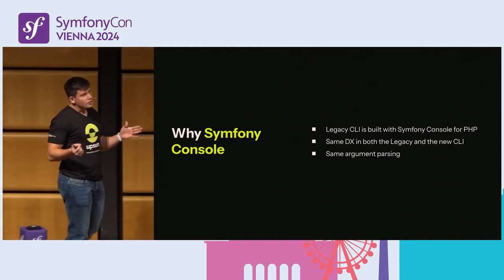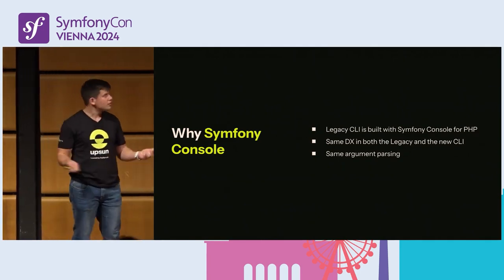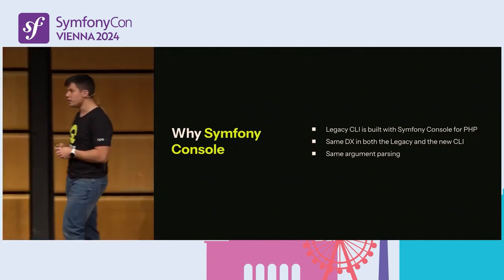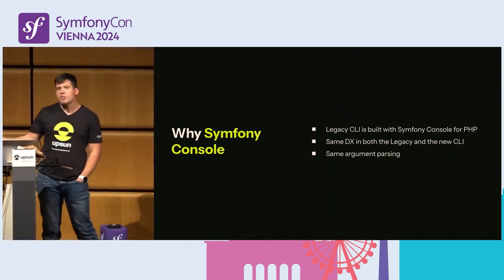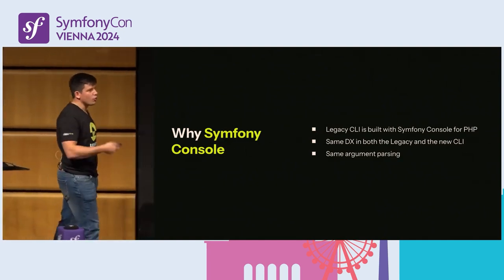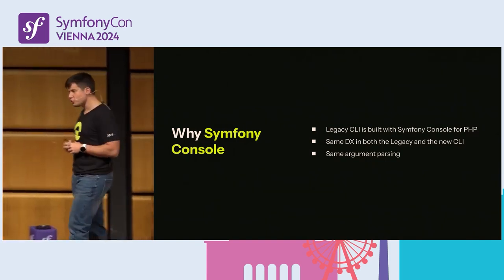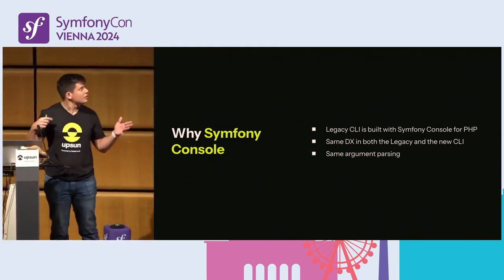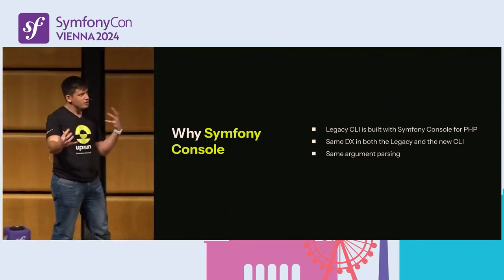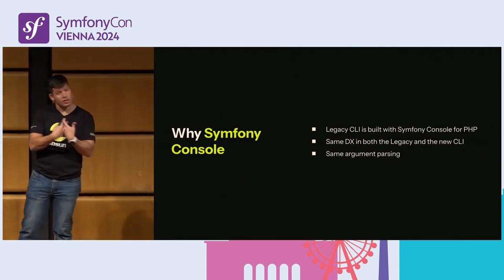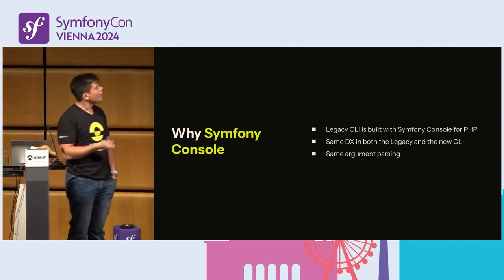So for us, it was spot on because the legacy CLI is using the Symfony Console in PHP. So it's exactly the same thing, same UX, same DX, same everything. And of course, the argument parsing and all those things, how the command routing works, things that we didn't really want to mess with, work out of the box. So we just need a way to handle both legacy and new commands in a centralized way, use maybe the new Symfony Console component, and then through that, move forward.